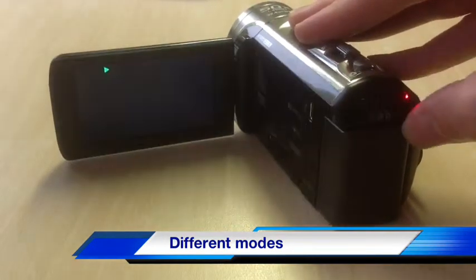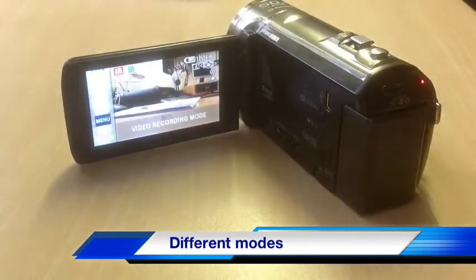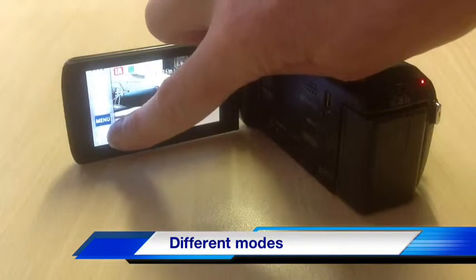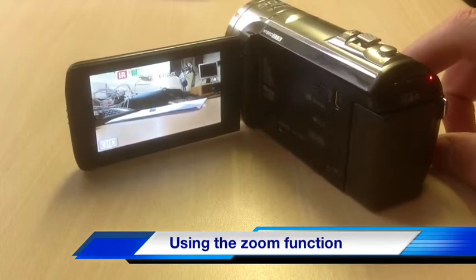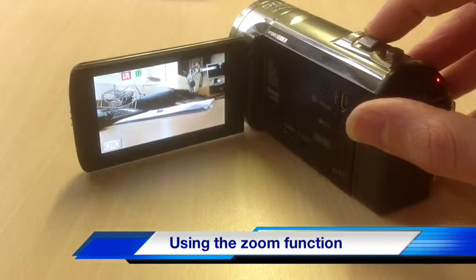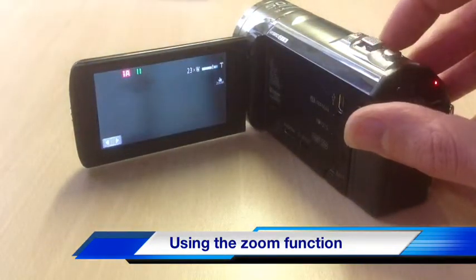Okay, let's change the mode. The second mode in the middle is the camera function. You see I've got the iframe there, and if I want to change any specific functions like white balance, then that menu button does come up there, but to be honest it works pretty well automatically. And from there you've basically got the top button here, which is one way or the other. One is telescopic,